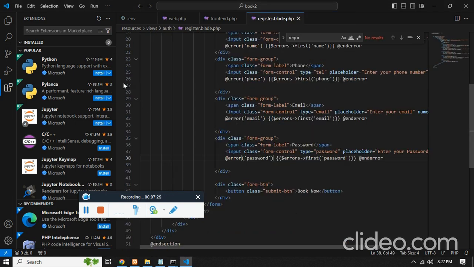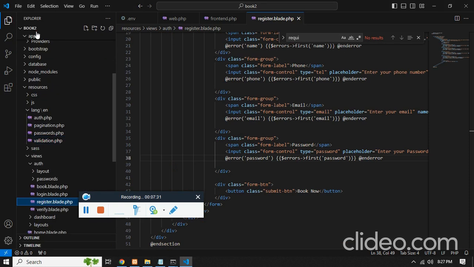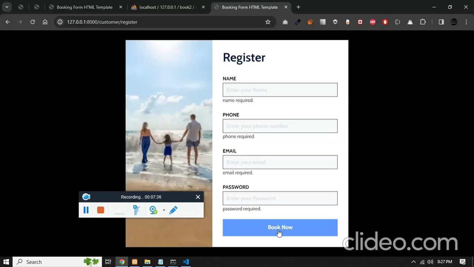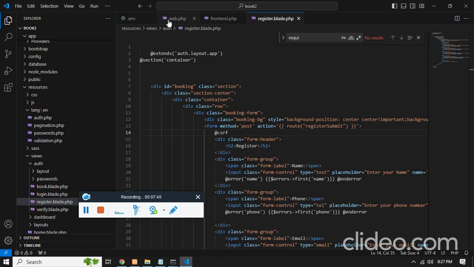Control W to close. I don't know why this has opened. Cool. Now the validation part is also done. It will not allow you to send until you enter all these values. So once you enter all these values,